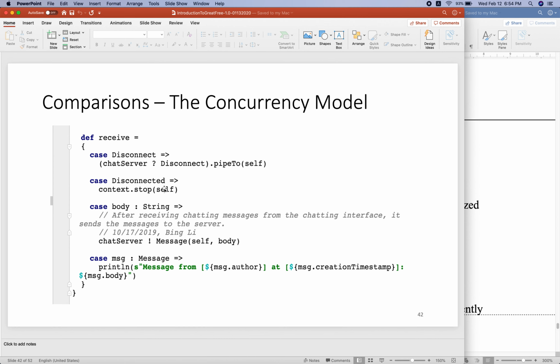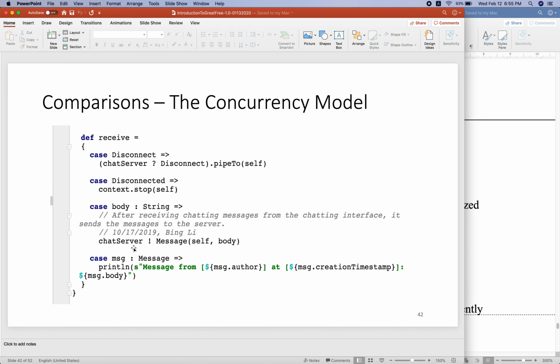Another is disconnected. Maybe this is another kind of message. After this message is received, the server will perform something like stop. Stream. When a stream message is received, the server needs to do something here. You can see the exclamation mark.